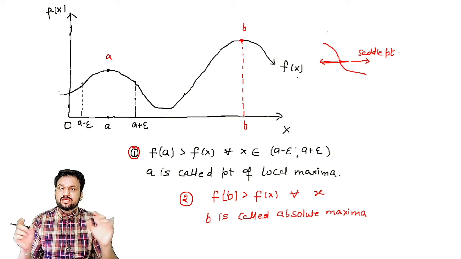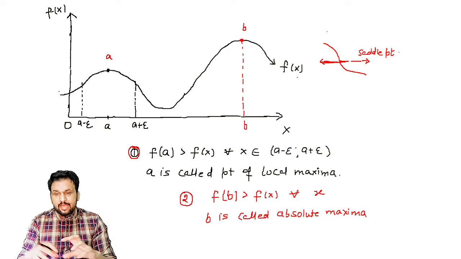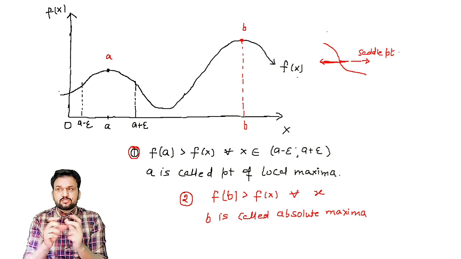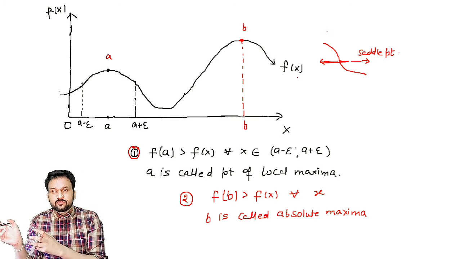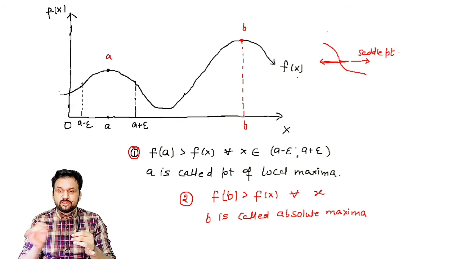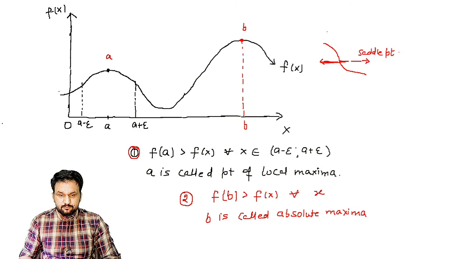But if they give you some intervals, so it is specified that you have to find a local maximum, the methods are the same. Don't worry about that, the methods are the same. If the point is local, an interval will be given to you. The name is just a little bit changed, but the methods are the same, and we will see how we can find a local maximum and how we can go for the absolute maxima. In the problems you will understand better.